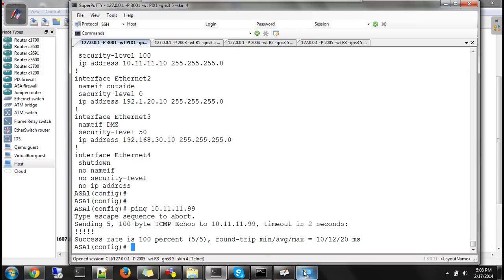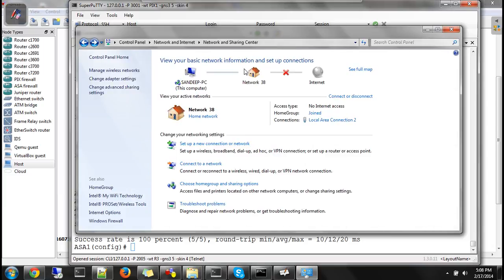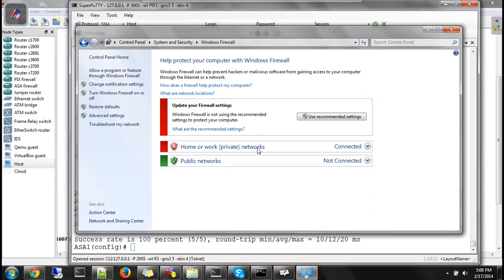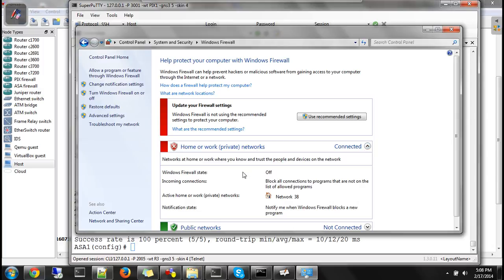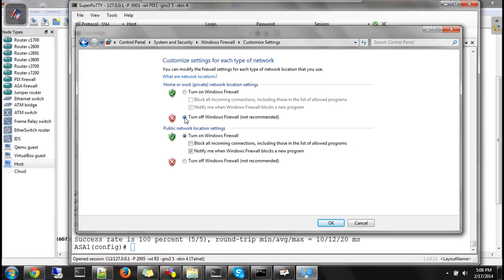In that case, come back to this page over here, and you see Windows firewall here. Click on this and make sure your Windows firewall for home or work private networks is what? Off, is disabled. Make sure your Windows firewall for your private network is disabled. Where do you go and disable this? Here. Click on turn Windows firewall on or off and make sure this is checked. Turn off Windows firewall. For what? For allowing the private network. Not for your public, only for private. Done?